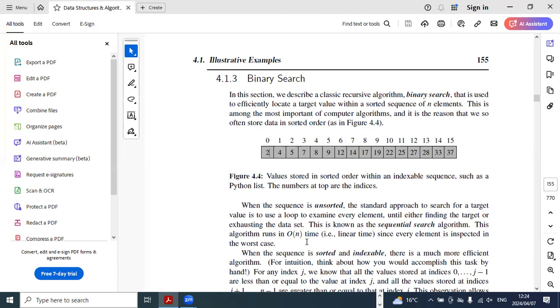When a sequence is sorted and also indexable, there is a much more efficient algorithm. For intuition, think about how you would accomplish this task by hand. For any index j, we know that all the values stored at index 0 until the last index, which is j minus 1,